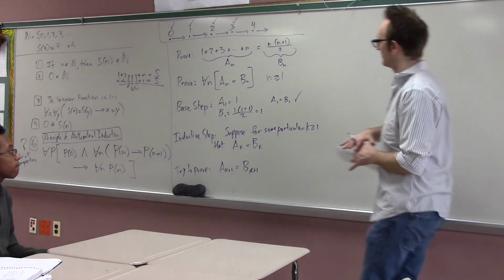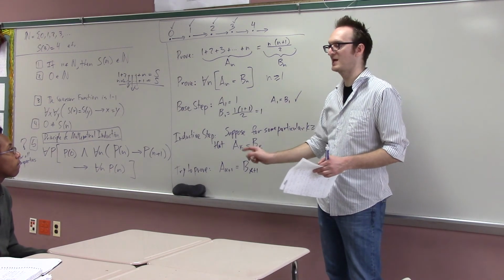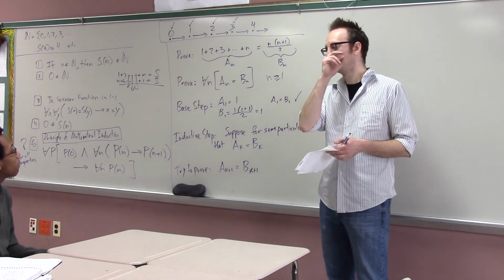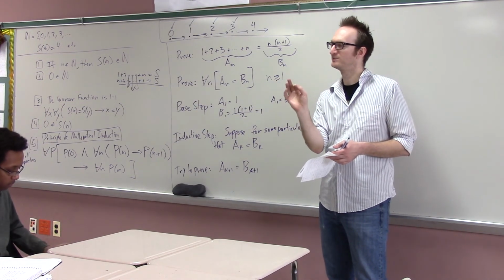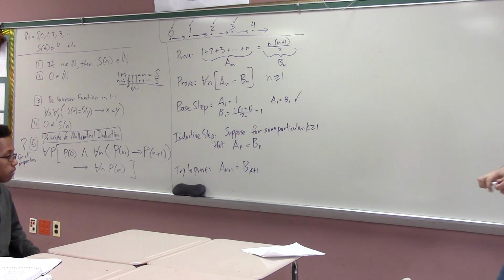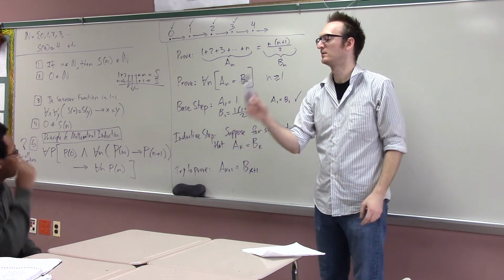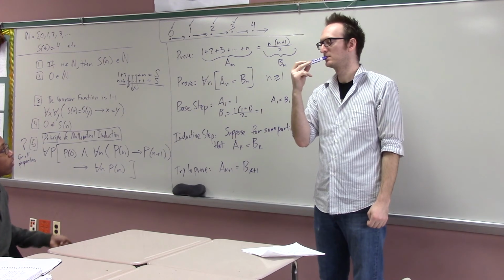Now, this bothers some people because it sounds like we're assuming the thing that we're trying to prove, right? Why is that not true, Mateo? Am I assuming the thing that I'm trying to prove? Oh, I know. Call on Eleanor because she raised her hand. Eleanor, am I? No, because you're saying suppose for some particular number, k is greater than or equal to 1, and you've already proved that for 1 it's true. It's not exactly it. Well, what you're saying is that you know it works for this particular case. So what you're trying to prove is that it works for all cases.